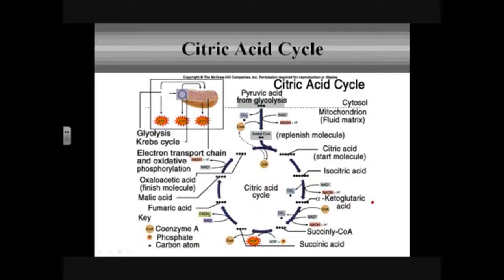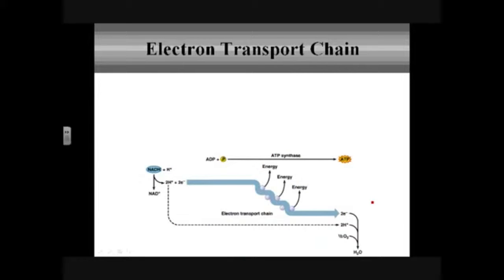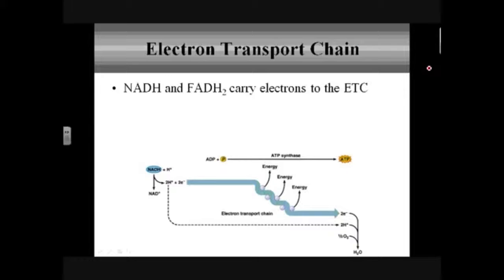Just another picture showing you pretty much the exact same thing. And then the electron transport chain, which is the final ending place for aerobic cellular respiration. What happens is that NADH and FADH2 from our previous reactions are going to move into the ETC. They're carrying electrons, carrying all of that temporary energy so that the real form of energy, that ATP, can be